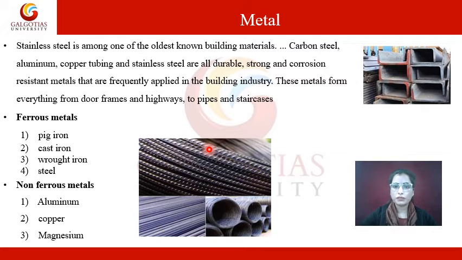So we have some requirements of metal. They should provide sufficient strength to bear the load coming on them. They should provide resistance to heat and fire. They should have good adhesion with cement concrete. So these are some requirements which should be in a good metal. In this image you can see the bar. These are reinforcement bars which are used for foundations, walls, slabs, columns and so on. In this image you can see the steel sections which are used for different purposes in a building according to need and design.